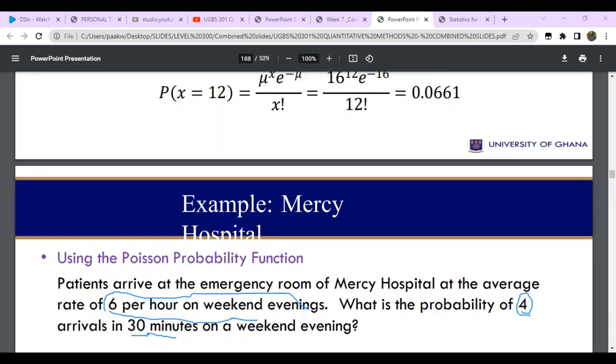So to calculate your mu, mu is equal to lambda, which is 6, times time. Time here is 30 minutes, so it will be half an hour. So times 0.5 or times 1/2. That will give you 3. So here your mu will be 3. So the probability of 4